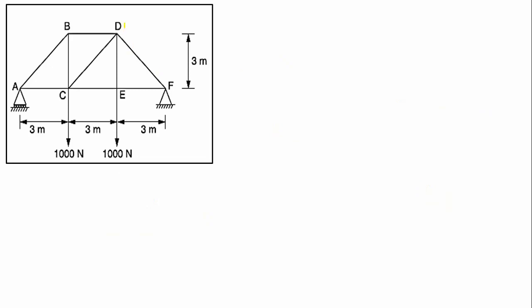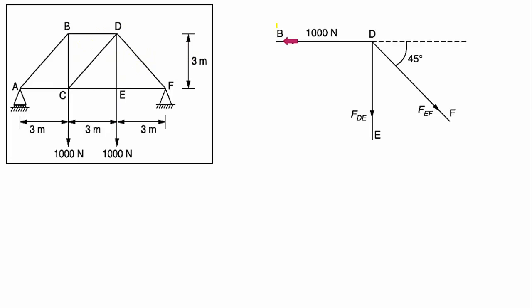Next we will take this joint D now, right. So BD already we have calculated, CD we have calculated, only unknown will be this and unknown will be this. These two unknowns we have, two equations we have, we can solve, therefore we will take this joint D. So BD already just now we have calculated, it is 1000 newtons. Always remember, we are showing away from the joint, that means member is in tension, right.